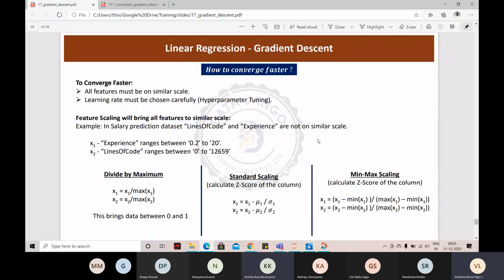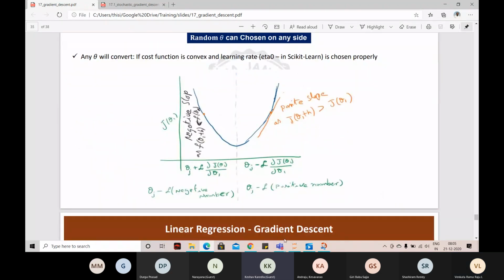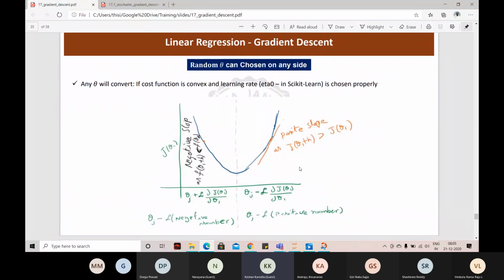When we choose this random theta value, how does the formula select the theta value? Whether it is a high value or it can take a very low value close to zero, so that the number of iterations can be decreased to find the minimum. How does that formula select the theta value, higher or lower, to reduce the number of iterations? It is random, right?